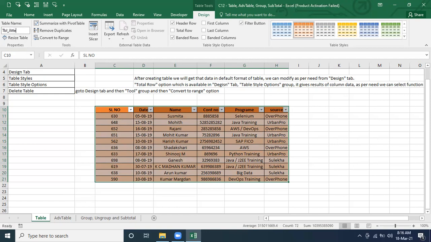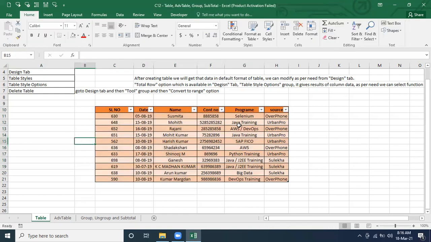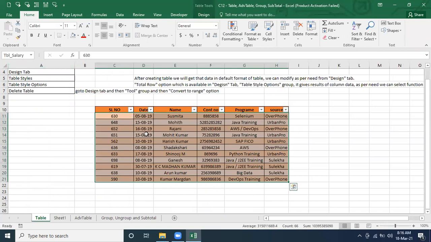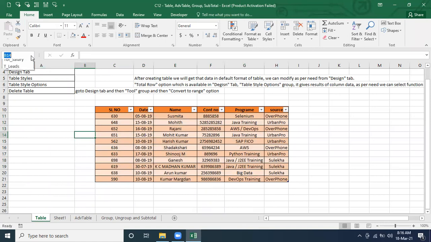If it's a table, then you have to define it like TBL and then what table. Let's say this is the attendance table, or you can say this is the salary table. So we give the name here, salary table. Let's say if you're working somewhere else and you want to reach the salary table, you click on it. It's showing here, so it's reaching the salary table. Clear, right? So two things will appear here: whatever name ranges you have defined and whatever tables are there in your Excel file.